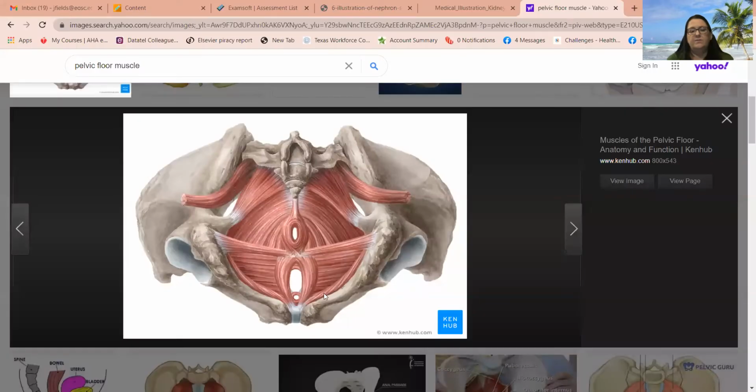Here is a good image. So the pelvic floor muscles support the